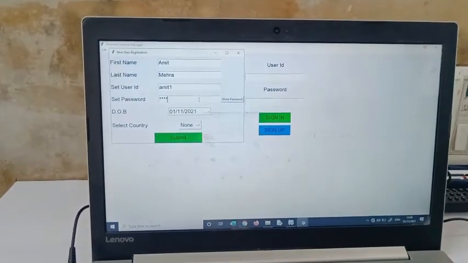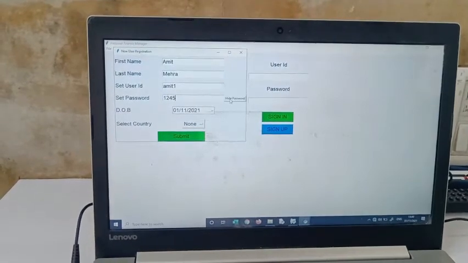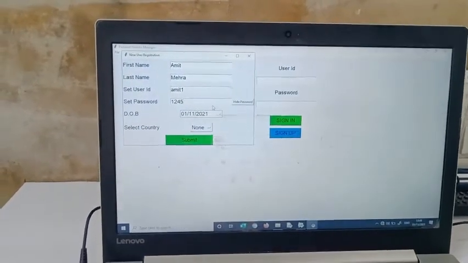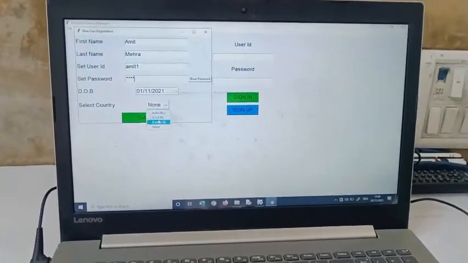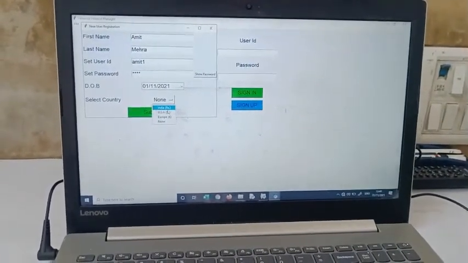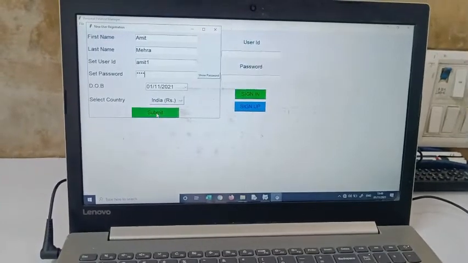If you want to see your password, click on show password. You will be able to see the password. From here you can select date of birth, country, and the currency you want. If India, then submit.